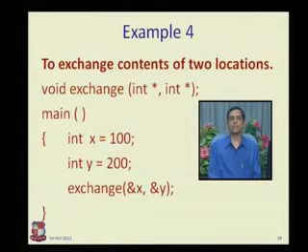For this I define a function called exchange, and I pass the values of x and y, not directly but their addresses, to this exchange. So what do I write in exchange? I write int *, int *. That means I will be passing integer pointers to this function exchange, and I will be returning void from this, meaning returning nothing. So this is a prototype declaration. I have to declare the prototype, then I will be defining this function. So in main I will be passing the address of x and y to this exchange.